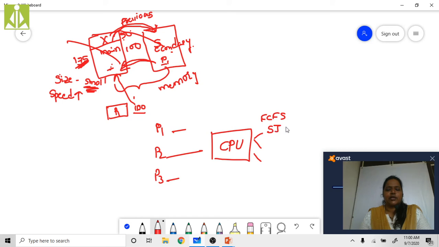Next one is shortest job first. Next one is round robin. So these are some important CPU scheduling algorithms. Based on these scheduling algorithms, we are going to see which process should be given priority, and how much time that process should execute in the CPU, and all these things will be taken care of by the CPU scheduling.